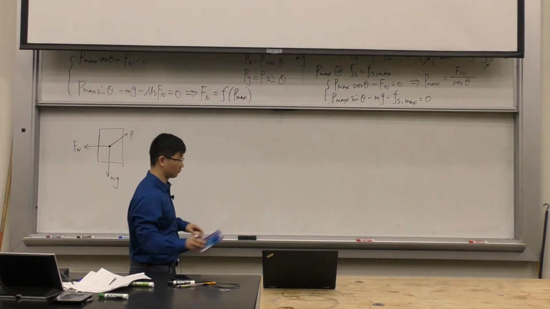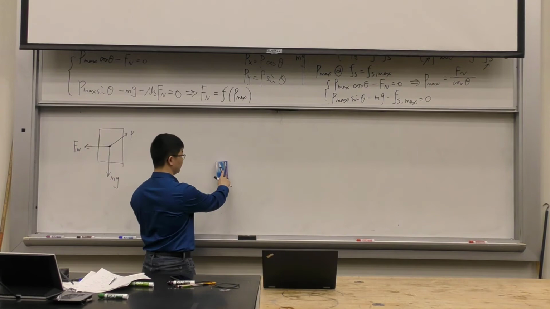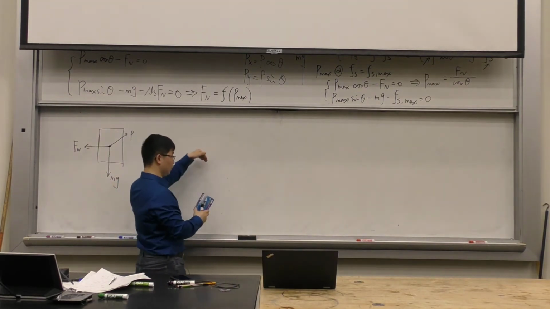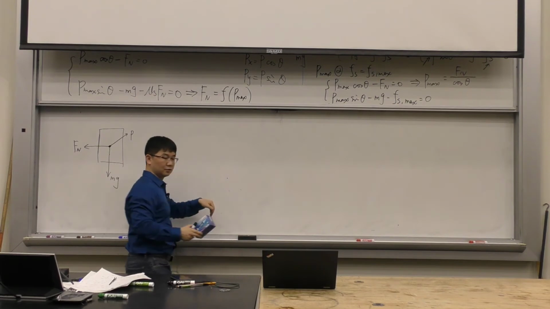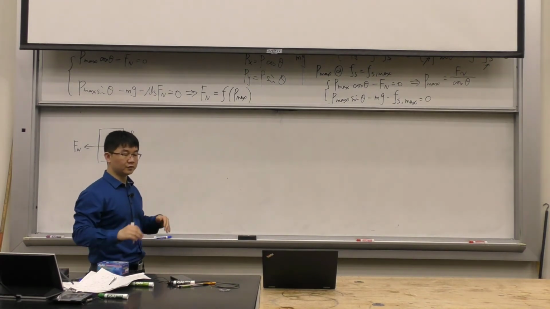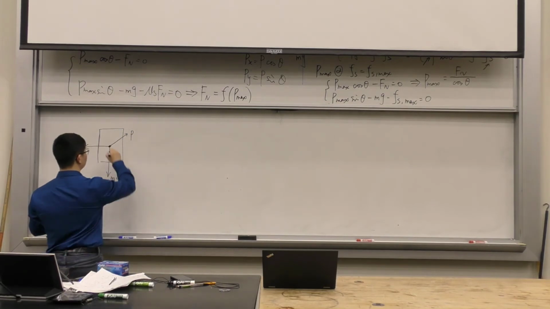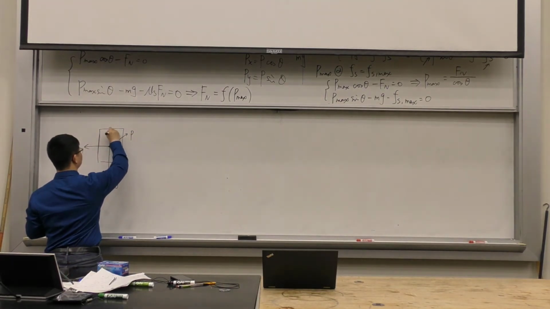So you can try that, right? If you apply force and then you keep decreasing the force, so that means it's going to have a tendency to slide down. So the static friction force is the force that stops it from sliding down. So static friction force must be up in this case,